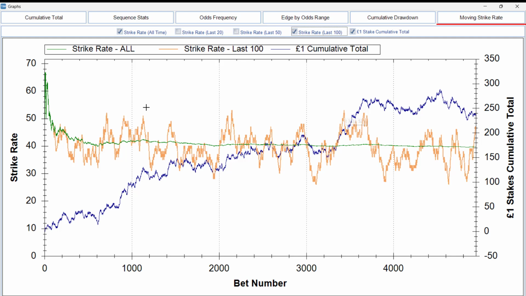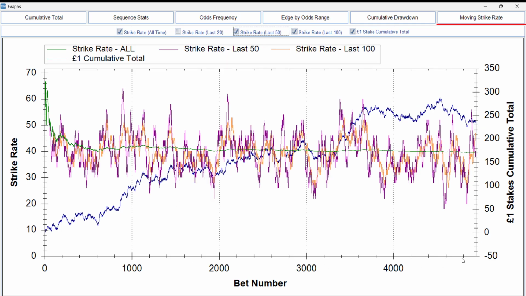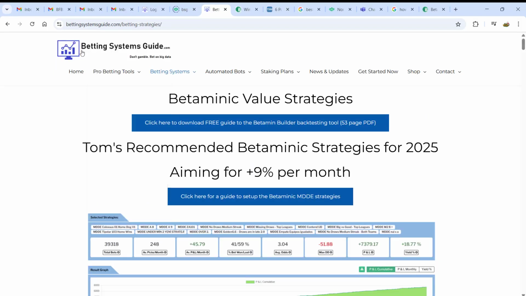So I really like this graph. This has been added in the past few years on TSM. This is a really great graph, I think, to look at. And this data, these 5,000 bets, these are real bets from a system. They're not back-tested bets. They're real bets from 23 strategies from the Betaminic website. On my website,